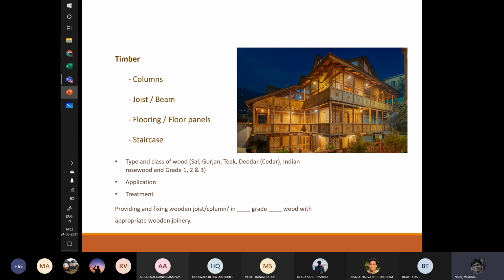The joinery would be customized for that. Fixtures might be different, so that we have to specify separately. All these generic specifications which you are talking about, the material